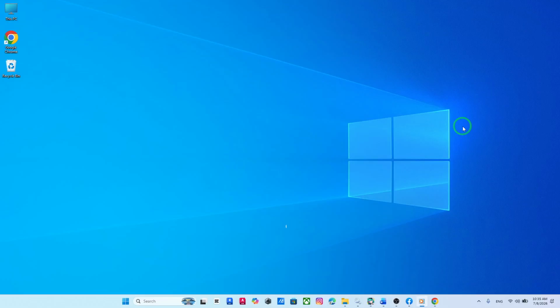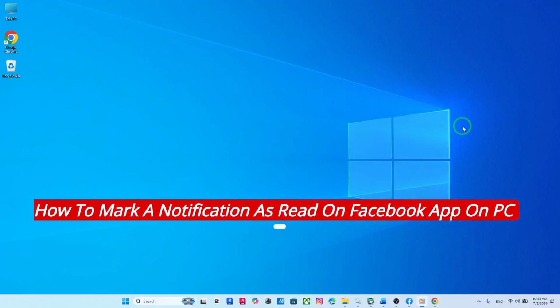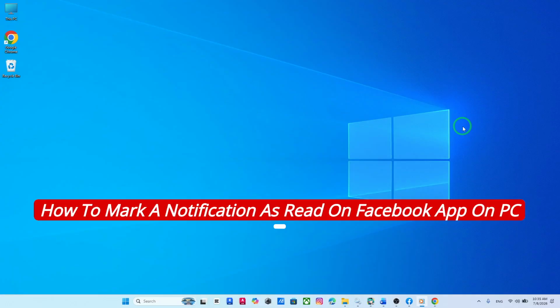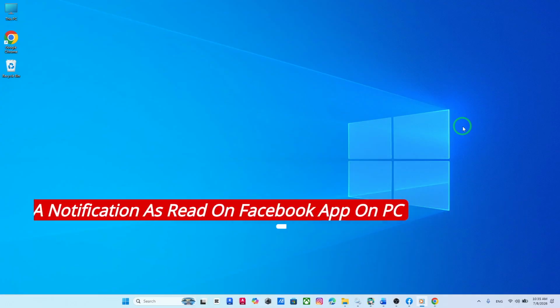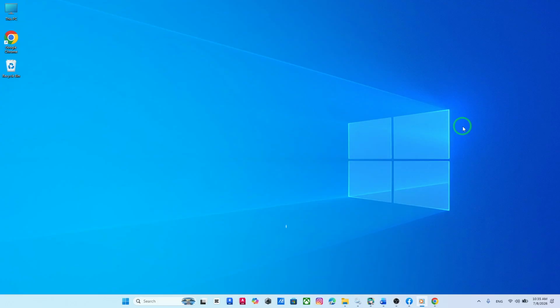Welcome. If you've noticed Facebook's latest update and you're wondering how to mark a notification as read on the Facebook app using your PC, you're in the right place. In this quick guide, I'll walk you through the exact steps so you can manage your notifications easily and keep